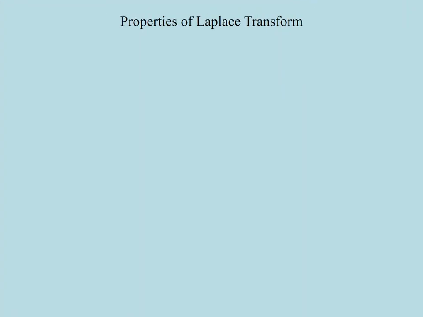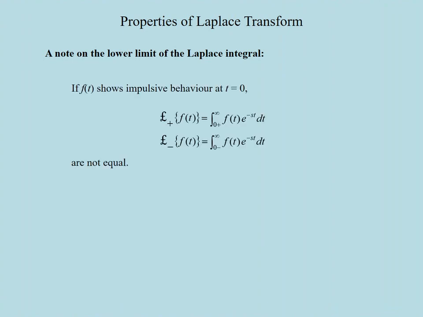At this point, we have to note an important fact related to the lower limit of the Laplace transform. Let's assume that the function f of t has an impulse at t equals 0. In this case, the integrals starting at 0 plus and 0 minus involving this function will not be equal. By 0 plus, we mean the instant infinitesimally close to 0 on the right, and by 0 minus, we mean